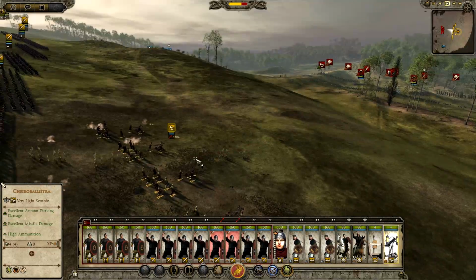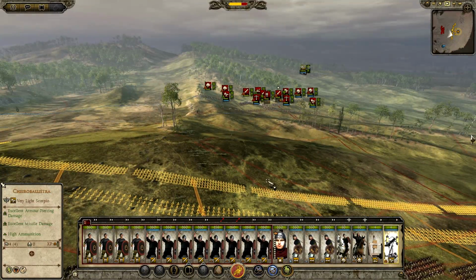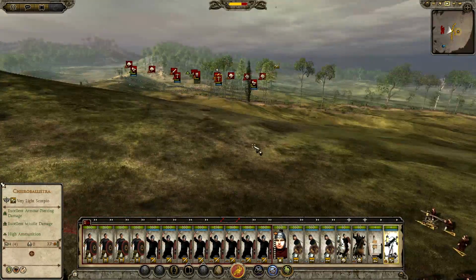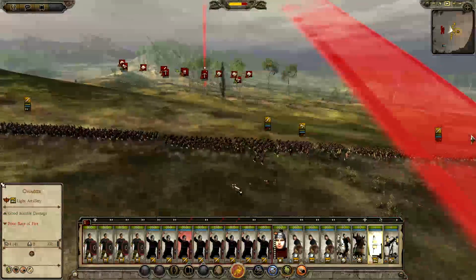Right, my ballista are being engaged. I think we're probably better off getting them up on the brow of this hill here, because they're going to be hitting into forest and they're downhill at the moment. Onagers particularly won't matter because obviously they have...